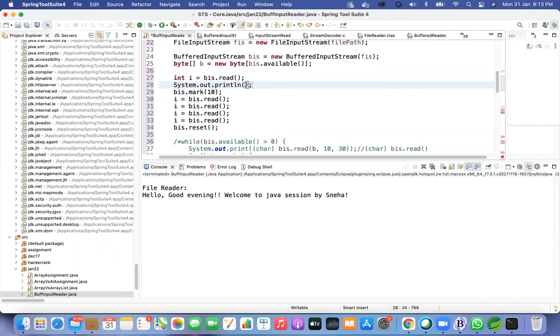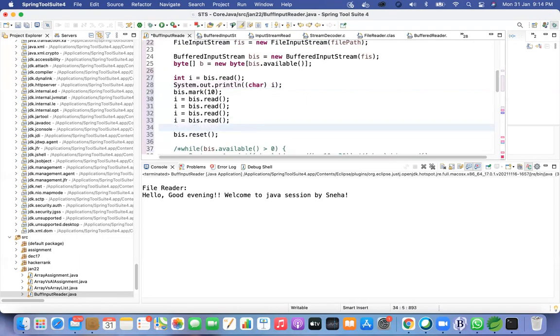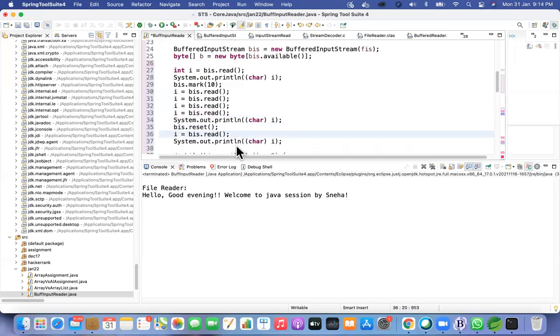I just need to print I, right? Yeah, you can typecast to char also if you want to see the content. Otherwise, you can just have it as I. And after line 33, yeah. Fine, right?